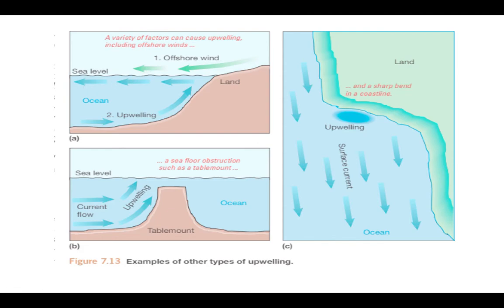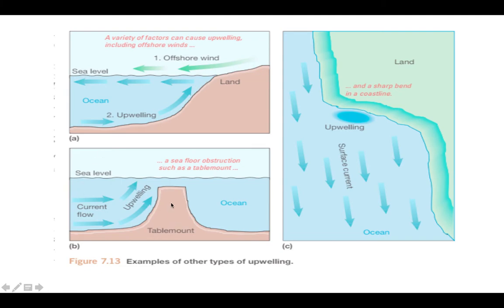But if this region is close to the equator, we know there is not that much Coriolis force. Okay, so simply the water current as well as the wind will follow the straight line, and in this way we have upwelling zones right at 90 degrees or a certain degree.